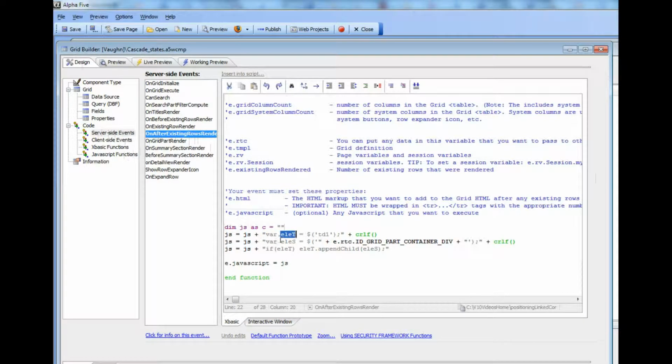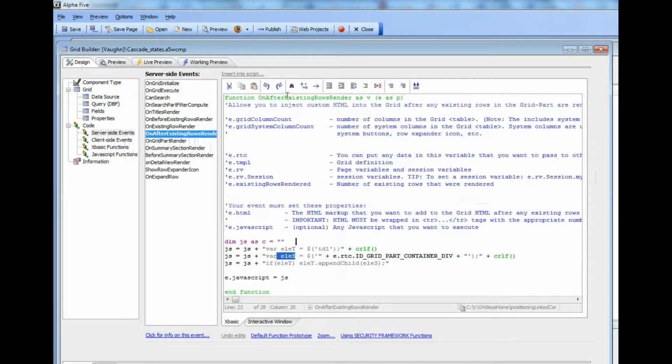Then I'm getting a pointer to element source, and the ID of the div that contains the grid is available inside the RTC property that is passed into this event handler. So e.rtc.id_grid_part_container contains the ID of the div that contains the grid. You can see here that I'm using again the $ sign JavaScript function to get a pointer to this element,